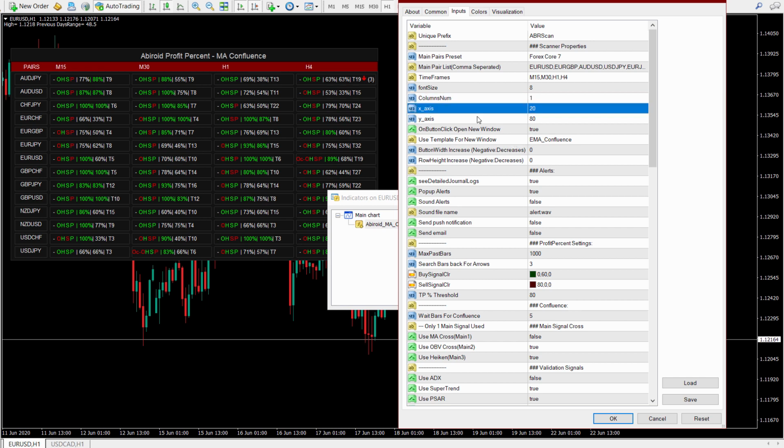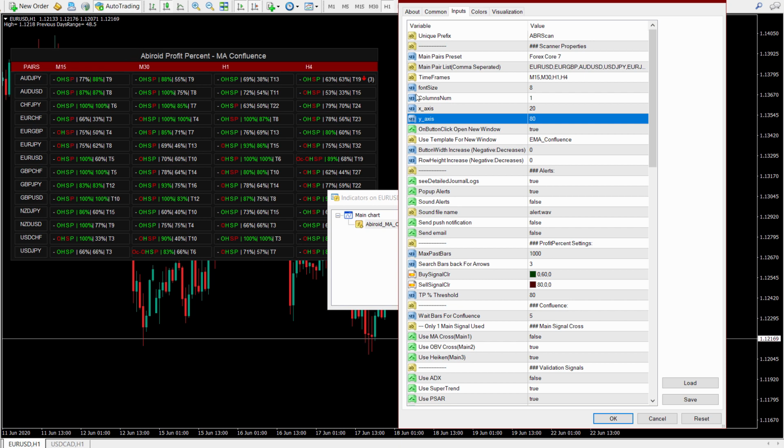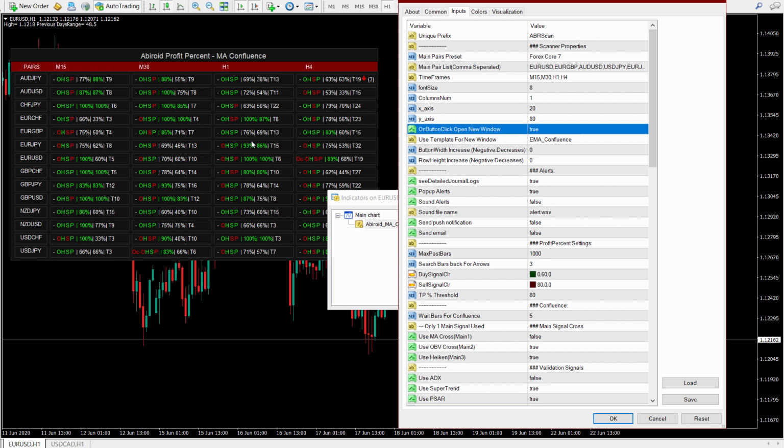These are the positioning, like this is the X distance and this is the Y distance. And on button click, when you click on one of these buttons, whether you want it to open in a new window or you want the chart to open in the current window.